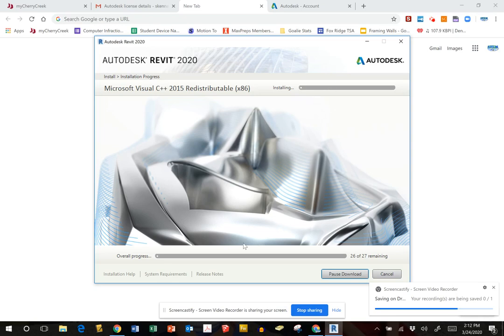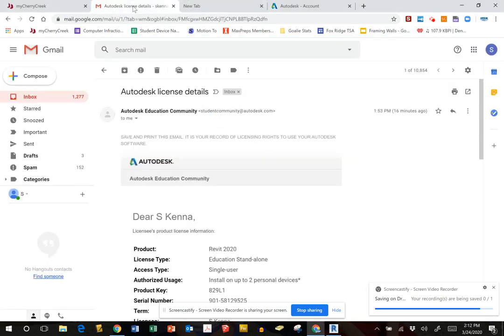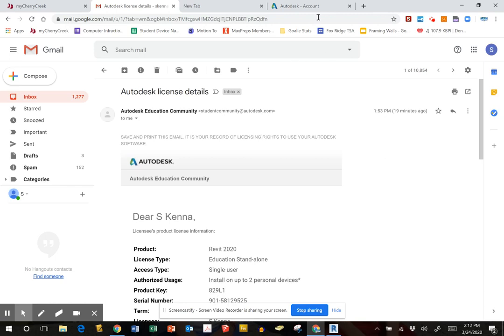The next thing that I'm going to show you will be after this installer completes, and we'll show you where exactly to put that number in that it gave you. Now, it did email it to you, and I will tell you something kind of weird. Do not delete this email because you're going to want to get it from here,